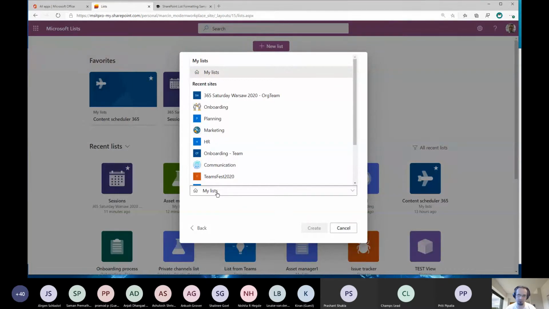By default, it's not shared with anyone. It doesn't require SharePoint Online. That's important. But you can, of course, create your new list and save it in any existing SharePoint Online site, team, or SharePoint site for Teams.